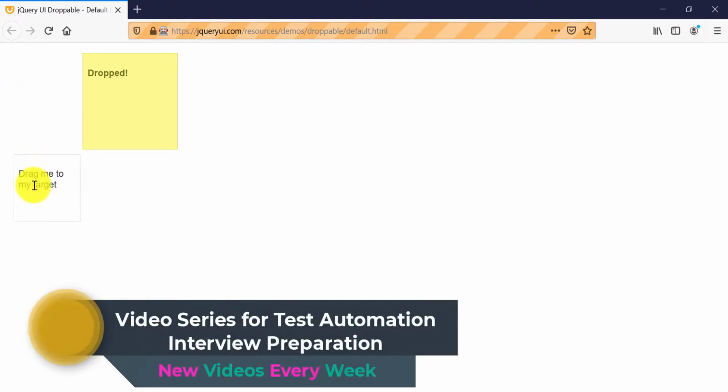So what we have to do: find the element that needs to be dragged, then press the left key of the mouse, keep pressing it and move to the area where you need to drop. You can drop here, you can drop here. You can move that web element in the web page and drop it anywhere you want. You just have to mention the target where you need to drop it. As of now we will drop it in this target box, and that we need to automate with the help of Selenium WebDriver.